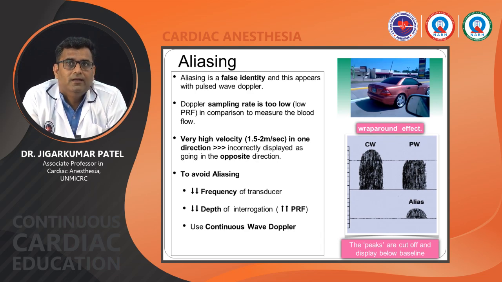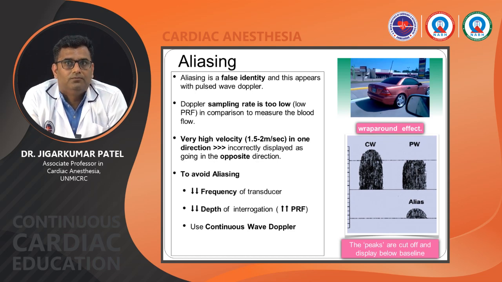It is called aliasing. It is similar to when you see a car wheel moving. If the sampling rate is very low, you see the wheel is not moving or stopped, but it is due to aliasing. You cannot see that the car is moving. So to avoid aliasing, you have to reduce the frequency of the transducer or reduce the depth of the interrogation. So it will increase the sampling rate, or you have to use continuous wave Doppler to measure